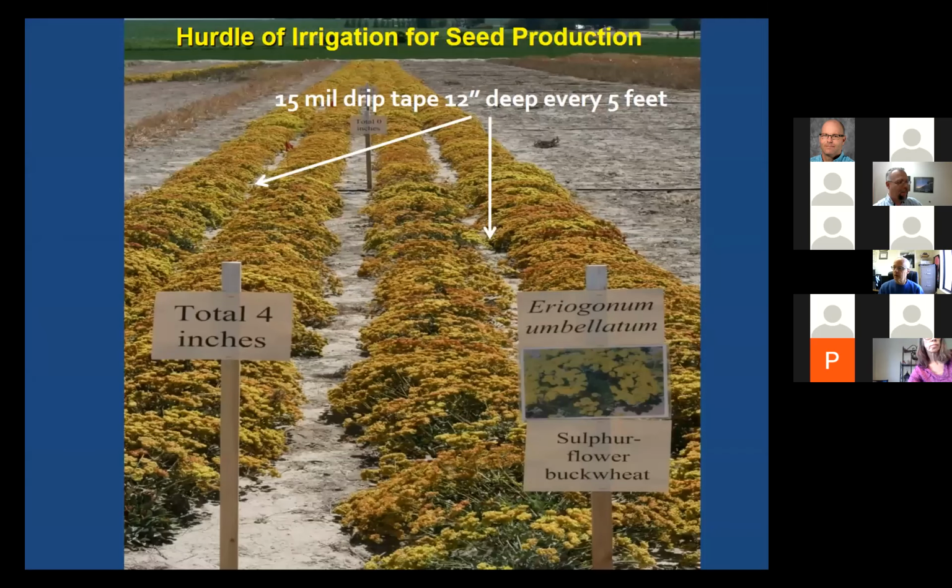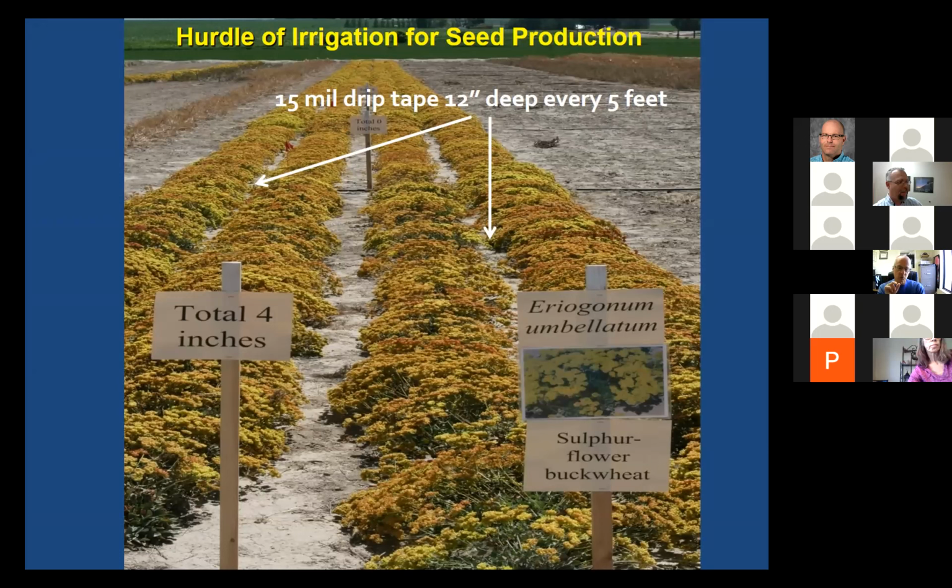So I think now I'll go to irrigation management. This is where we spent the most energy, is in irrigation management. And for this, we planted long strips of each species, the length of the field. We planted 4 rows of each. And then we put a drip tape in between every other plant row at 12-inch depth. This was like a permanent drip situation.